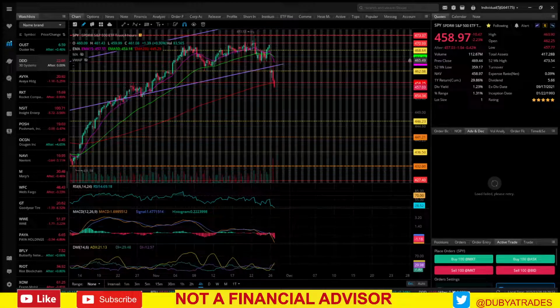But overall, what is this saying, right? That's what matters. Until it breaks that 200, it's still technically in an uptrend, and we don't have the short signal yet. But if we look at the advanced,